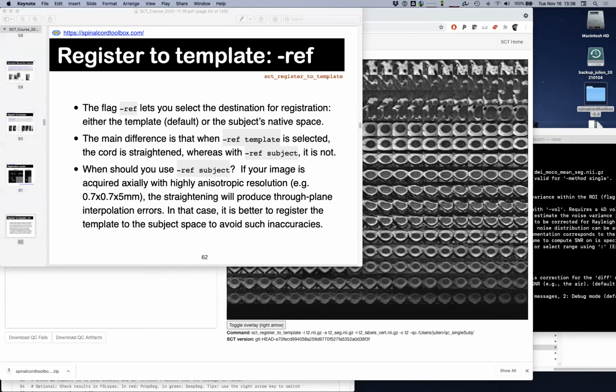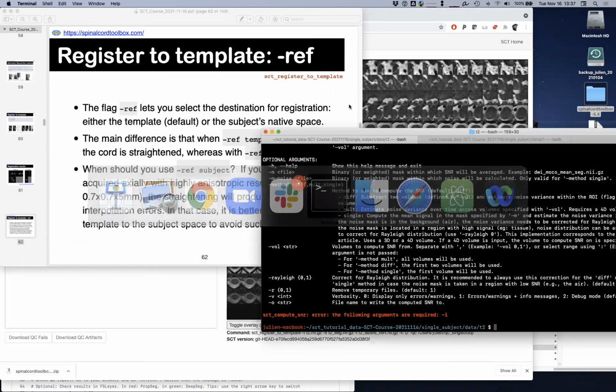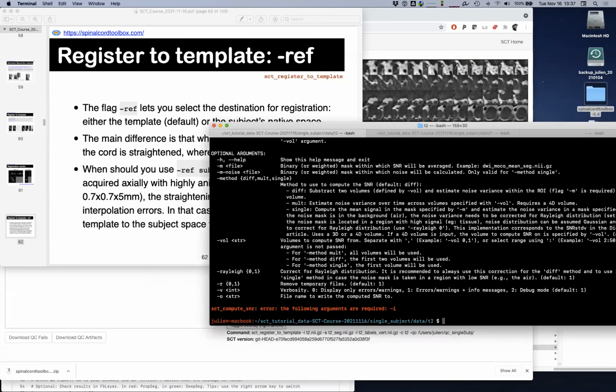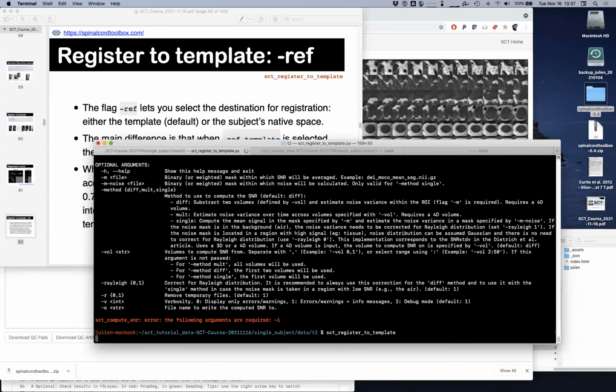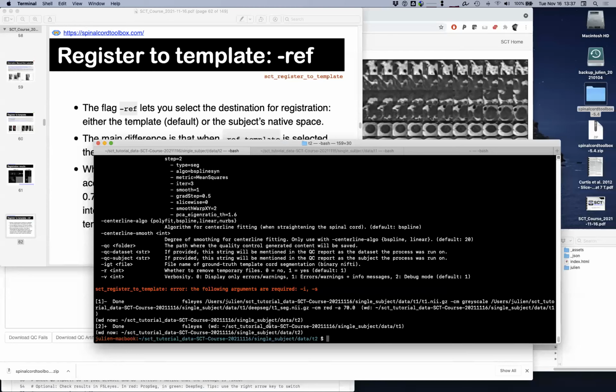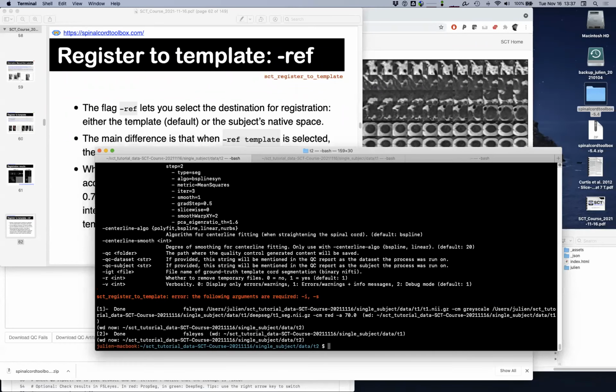to go a little more into the details of what are the different flags that are specific to register to template. So if we open our terminal at sct_register_to_template, maybe Sandrine, if you could add a note on the fact that we don't need all this big path here, so I should update my terminal in the future, because it's taking a lot of space. So sct_register_